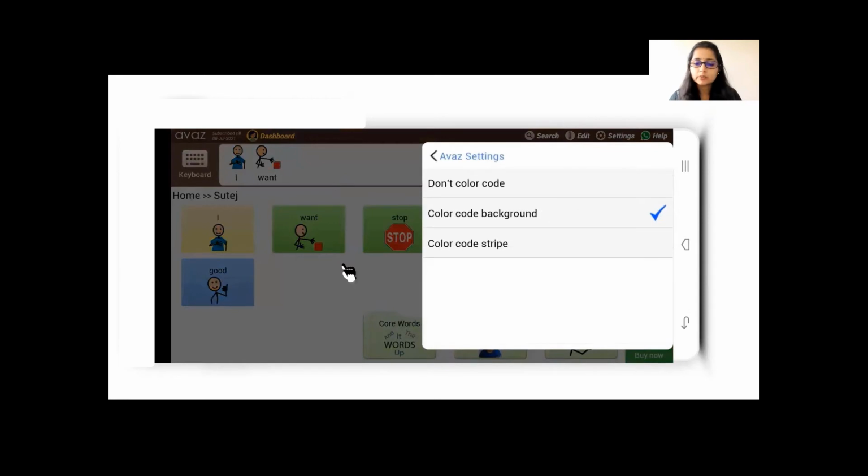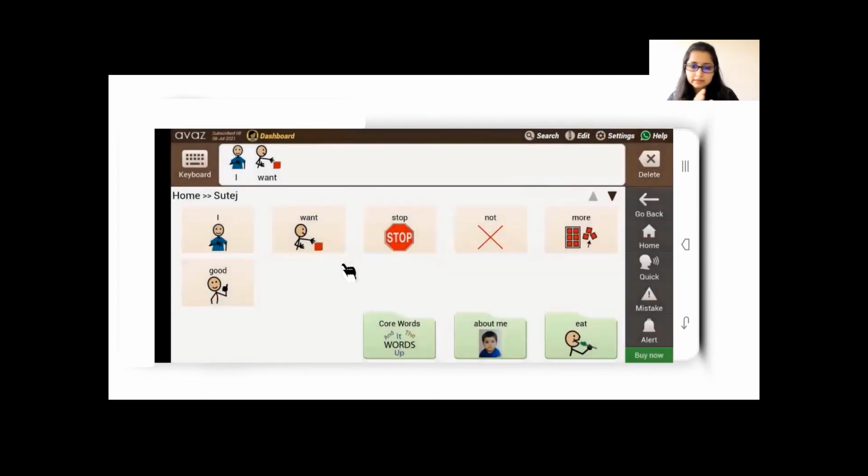And then there is color coding. So as we discussed earlier, the color background is very useful for identifying the parts of speech of the language. If you don't want it, you can completely turn it off. So you see something like this. Still there is some color, but it's kind of off-white, and there is no yellow, green, and blue and all that. So you can completely turn it off.